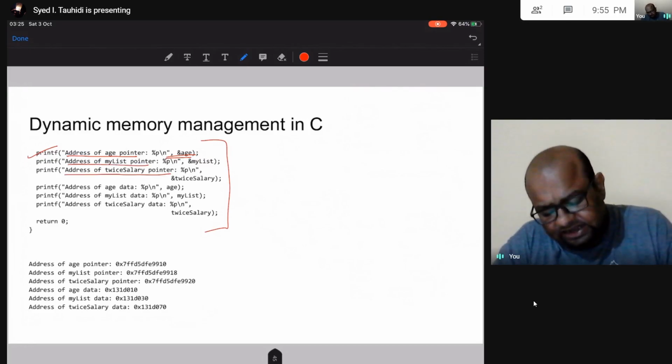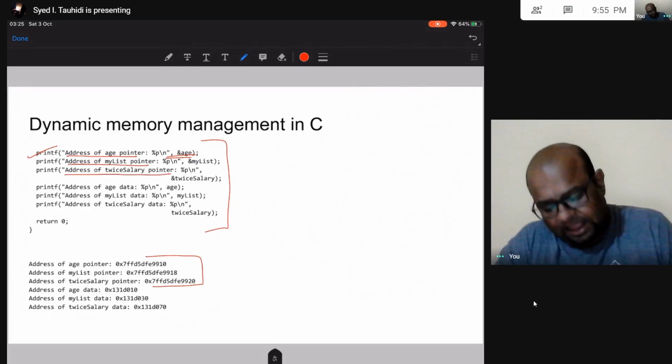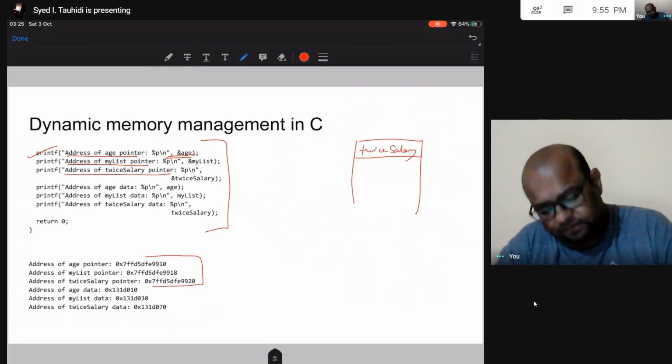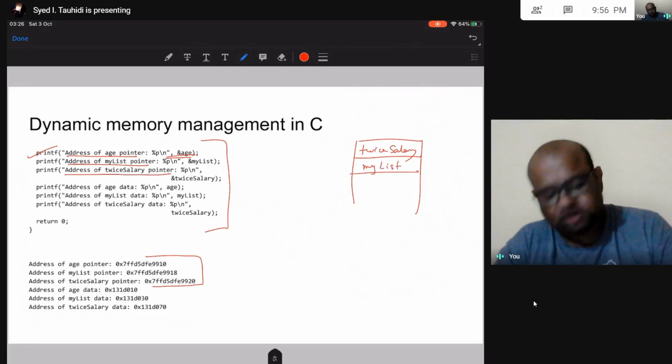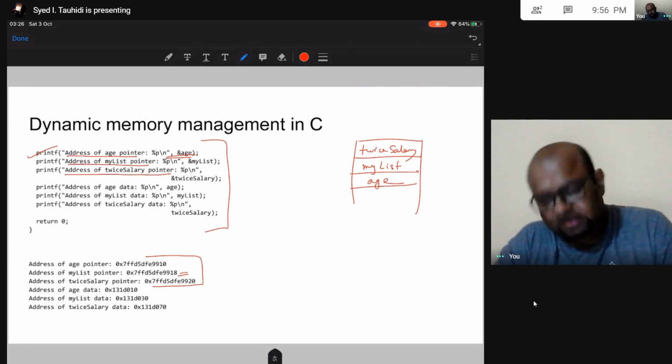Alright, and I can see that these are very high values. Twice salary has the highest address, so twice salary is at top. Then I have my list pointer on this address, and then age below this. So this is 7FFD5DFE9920.